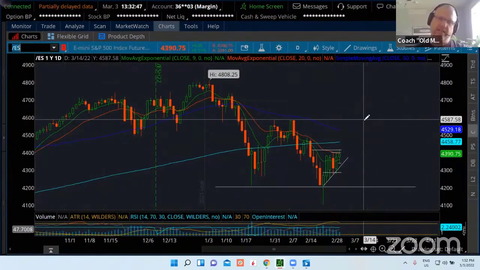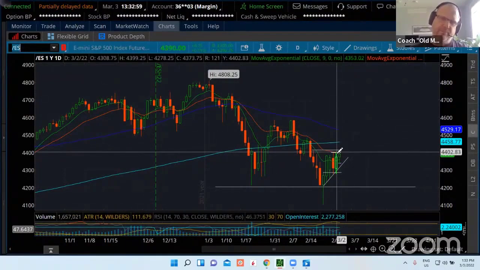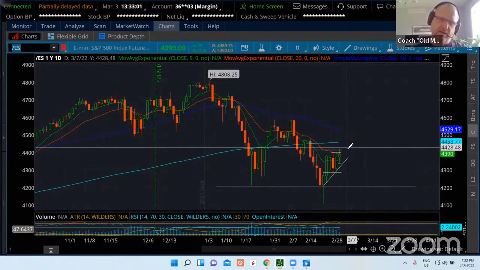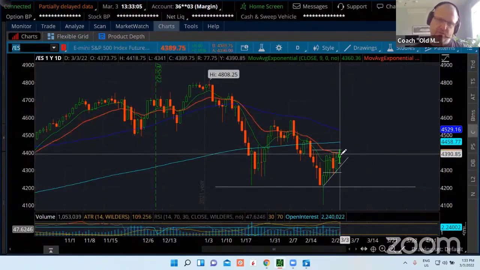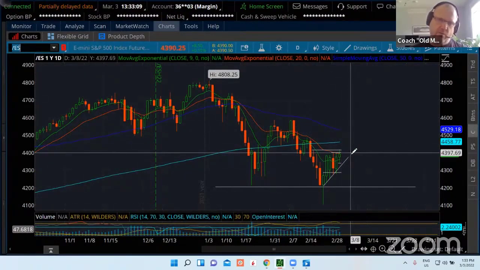Yeah, we always say this, and we can never say it enough. Be patient, right? You don't have to be fully involved in the markets all the time, right? When you have these inflection points, why put yourself in a position where you don't have an edge, right? And right now, nobody's got it. The Bulls don't have it. The Bears don't have it. Nobody's got an edge right now. So why play the game?